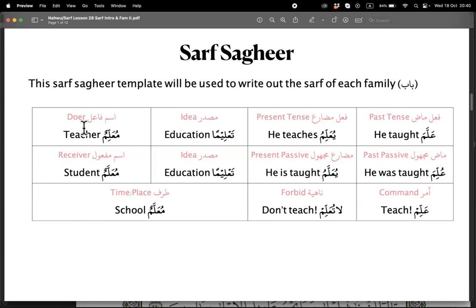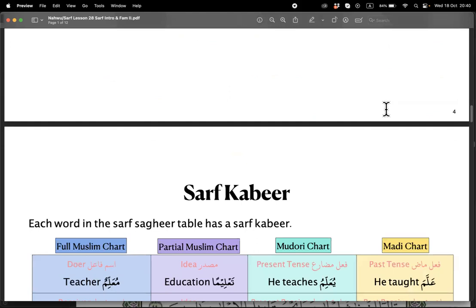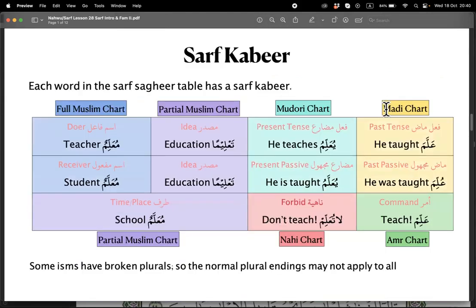Because if you memorize the first line, from there you can do the majhul. Just put OE, put OR, and then you change this accordingly. So I will ask you to memorize the first line when it comes to that, inshallah. But inside that chart,